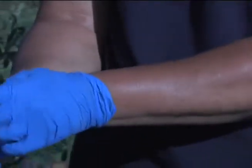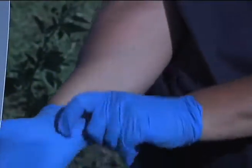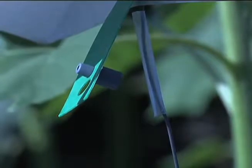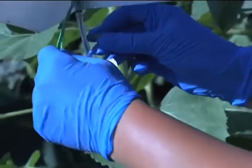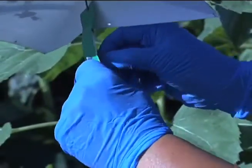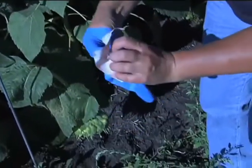To change the lure, you need to wear rubber gloves so the oil from your skin does not contaminate the pheromone lure, which would interfere with the chemicals of the lure. So remove the old lure from the lure holder and get the new lure out, and place the new lure into the holder. Put the old lure into the packet,